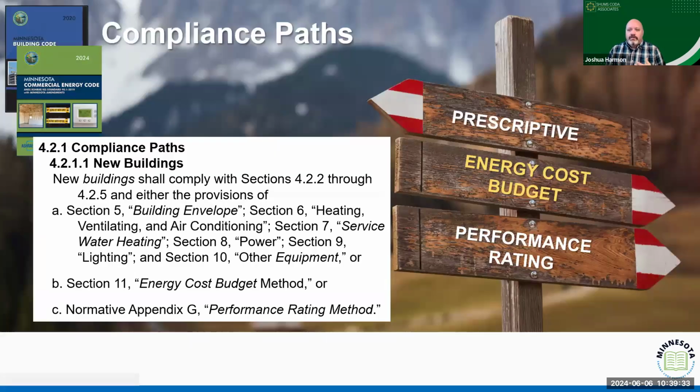And part of what they're looking for is how are we going to provide the compliance path? Those compliance paths include the prescriptive compliance path, which is: follow the code, do what it says, right? And quite honestly, I've said it a million times, if there's anybody that says, just tell them what to do, they're usually not exactly going to be honest with us, right? They don't want us to tell them what to do. They want to give us a bunch of reasons why they want to do what they want to do.